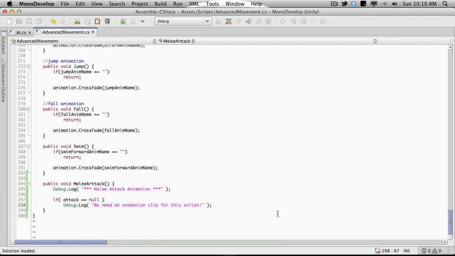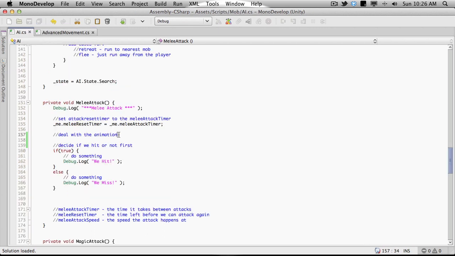So let's come back down here and we'll take a look. And now because this script is attached to the same game object that our AI script is attached to, just like we did with the player input script, we can use the send message function to actually call this method here that we want to perform. It allows you to communicate between functions between different scripts that are attached to the same game object. And the way it works is it actually calls the method name. And if we notice here, I actually spelt the method wrong. I wanted melee attack. So if we go ahead and copy this and we head back into our AI script,